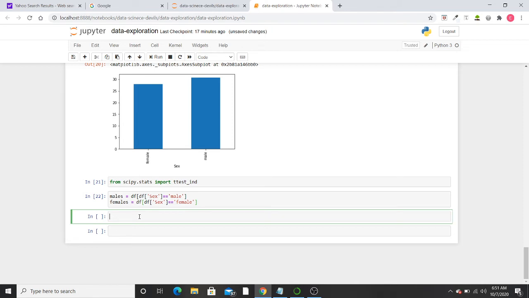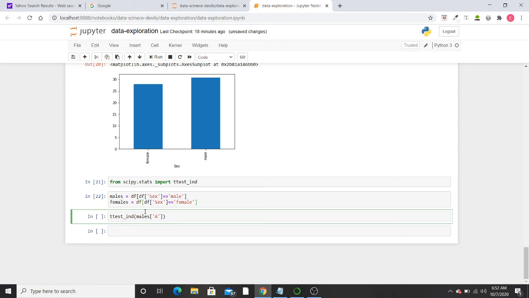Next we were doing the t-test. So to do the t-test, I have first of all imported it, and then I have created variables for male and female. Now I'll write ttest_ind, parenthesis males, and from males I want the second variable that we were inferring, that is the age.